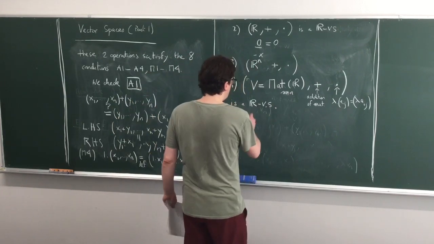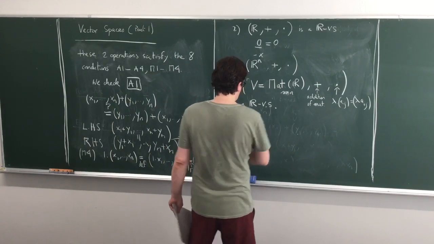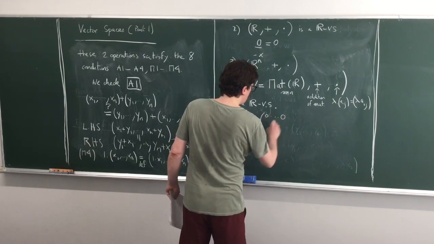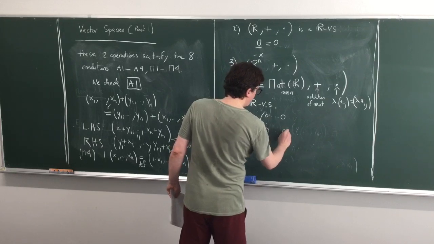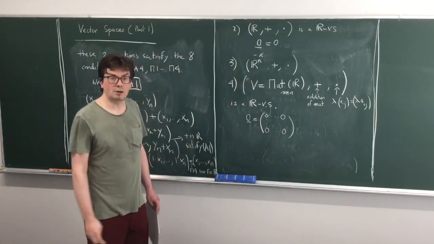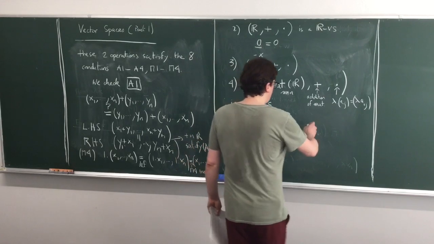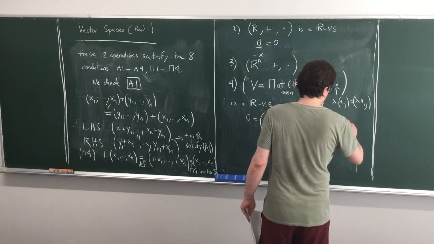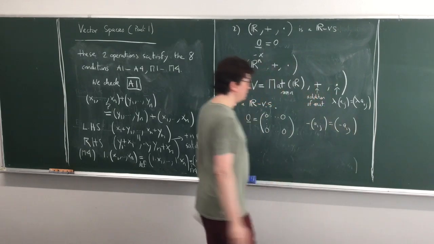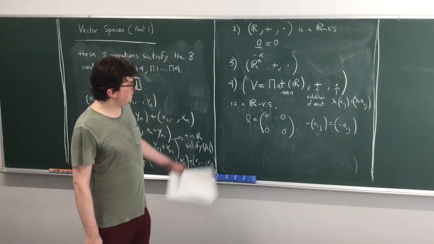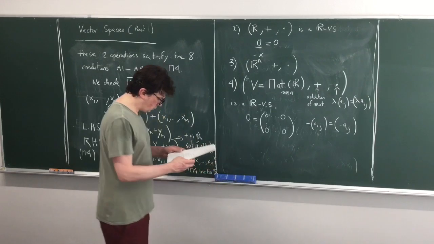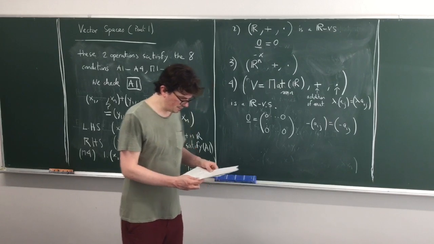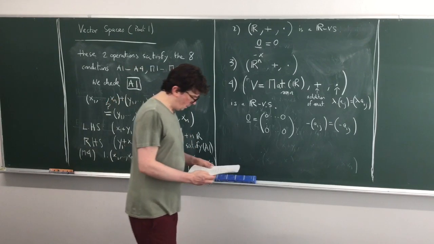Just a few examples. So what is the zero vector in this case? The zero vector will be the matrix with only zeros as entries. This will be our zero vector. What will be the inverse of a matrix? So minus A_ij, this will be, of course, minus A_ij. Okay, so this tells you about two of the conditions. And you can check easily that everything is satisfied for this.